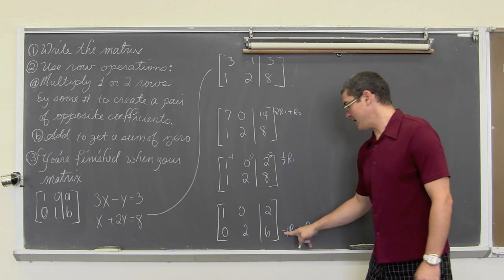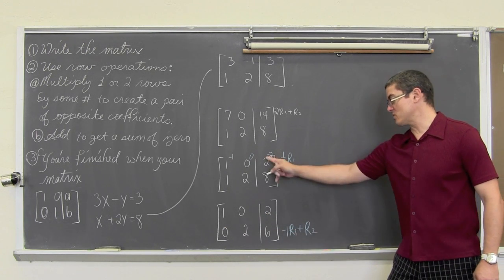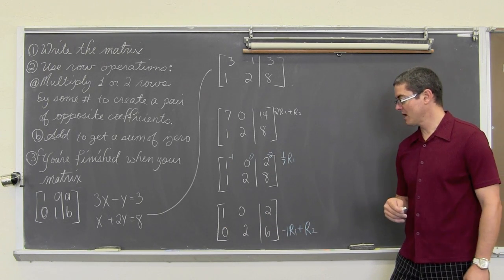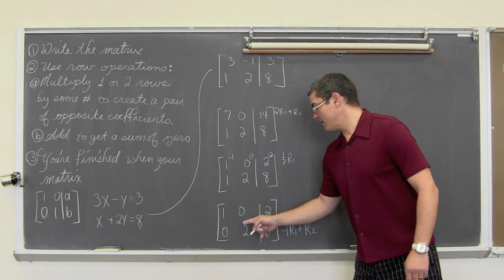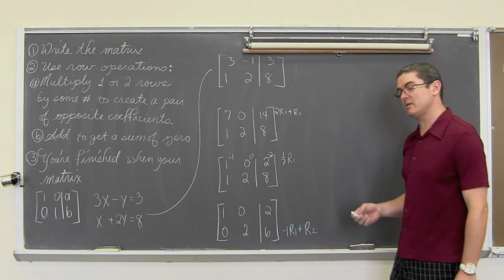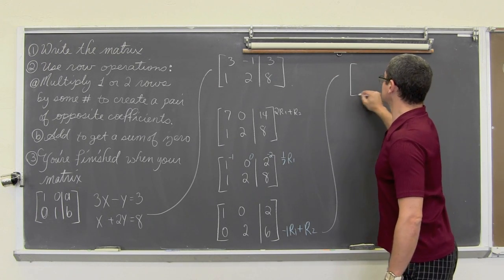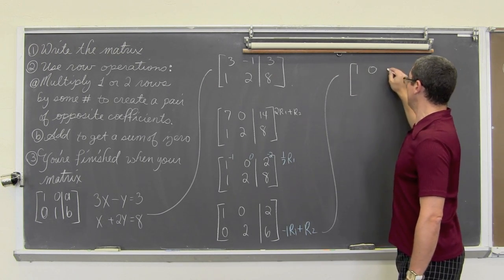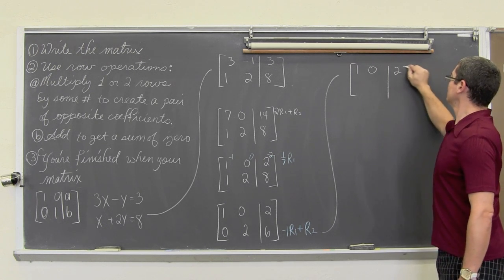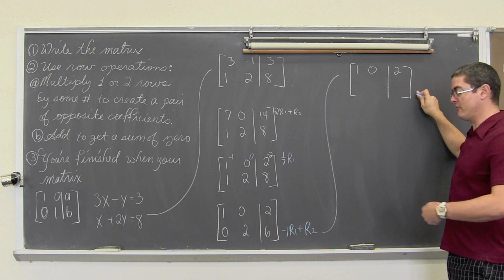So now again, this new row came from -1 times row 1 in the previous matrix plus row 2. Now, I don't have the identity matrix yet because this is still equal to 2 and not equal to 1. So we're going to come up here. I got 1, 0, 2, and I want my new row 2 to come from taking